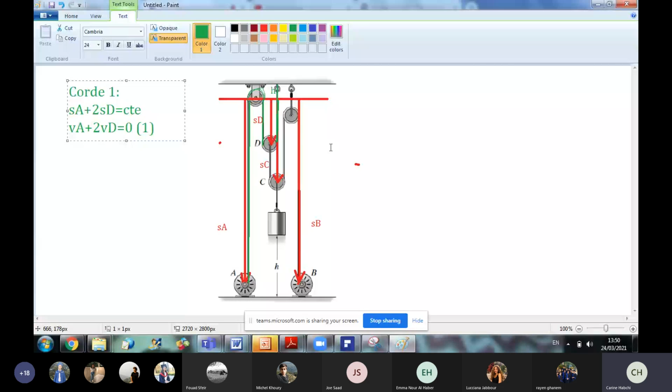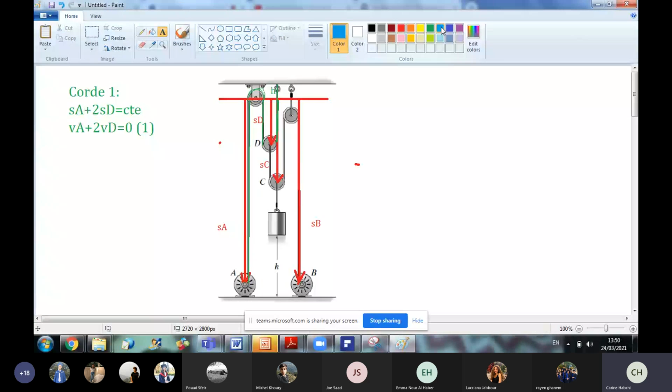Now I have another chord in my problem. I will put it in another color, in blue. For the second chord, I start first from this point to this one. This part is equal to what? This length from here to here. It is the difference between SC and SD, because look, SC is from here to here. This small part is the difference between SC and SD. So the first length from here to here, I can say it's equal to SC minus SD